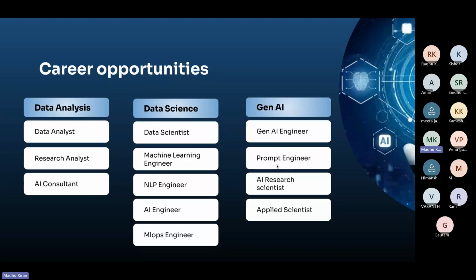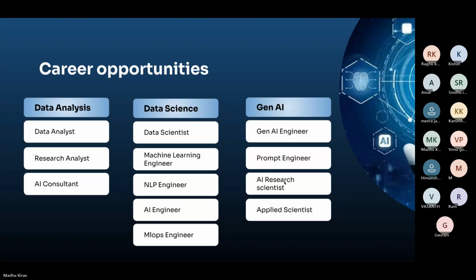There's a good pro and con in the sense that these are new roles. Before 3 years we didn't have roles called prompt engineers. In future, according to me personally, there might be a chance that this skill might become important for everybody. It's not like a separate role. Like we don't put in our resume that we are good at doing Google search, right? Maybe prompt engineering would become that place where we don't have to mention it, like a Google search, but you should by default have the skill of prompting.